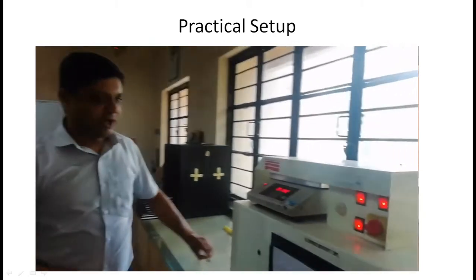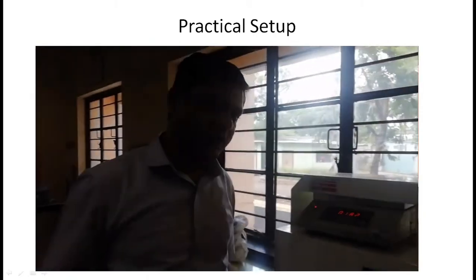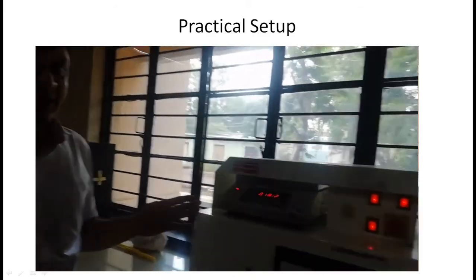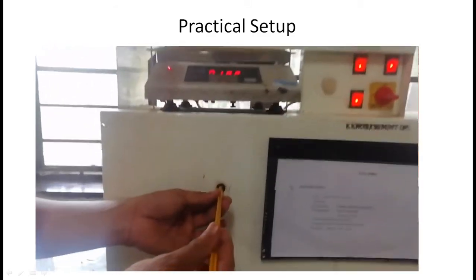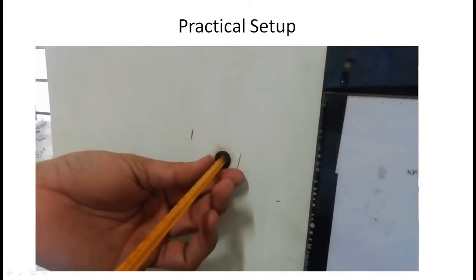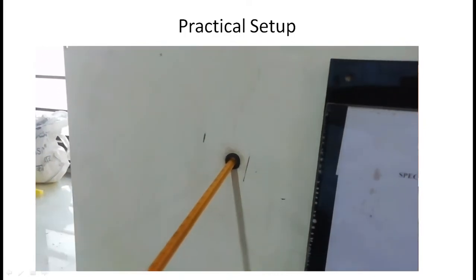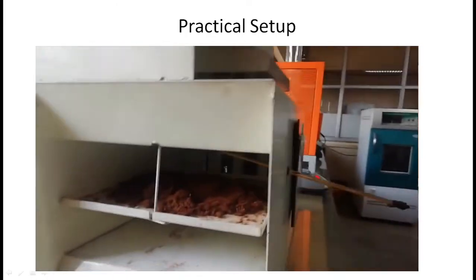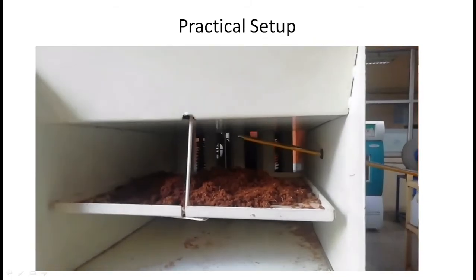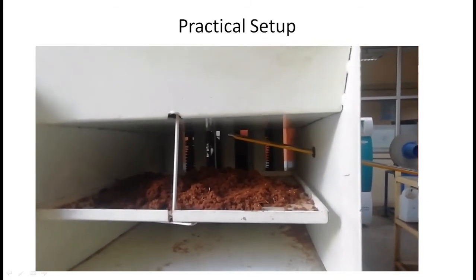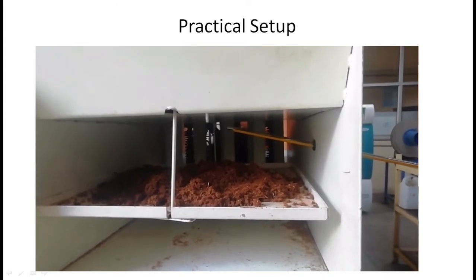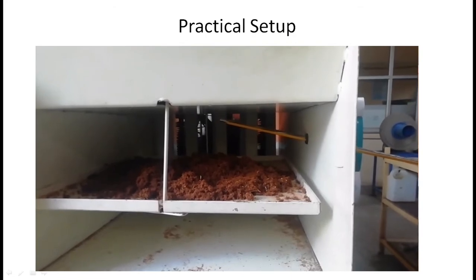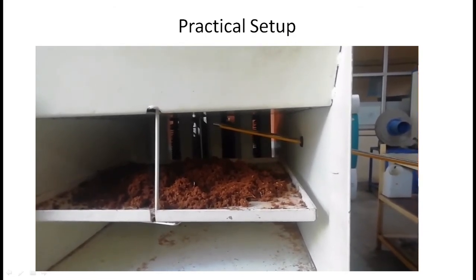Now we have to measure the temperature of that hot gas. By using this thermometer we can measure the temperature of the hot gases. We will simply put this thermometer into the cabinet and measure the temperature. So our setup is like this. Now the sawdust is over that tray. Initially the rate of drying is high at the top, because the upper surface is available for drying and is dried first. So initially the rate of drying is high.